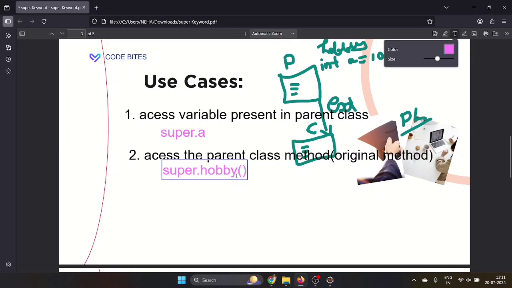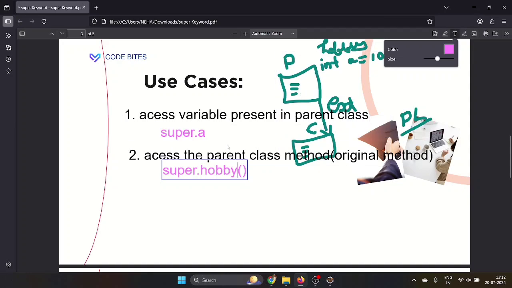Here super means it is going to indicate the immediate parent class whichever you are having. Let's take you are having a child, and the immediate parent class, it is going to indicate here. It is going to access from this class. We can say that this is the second case.